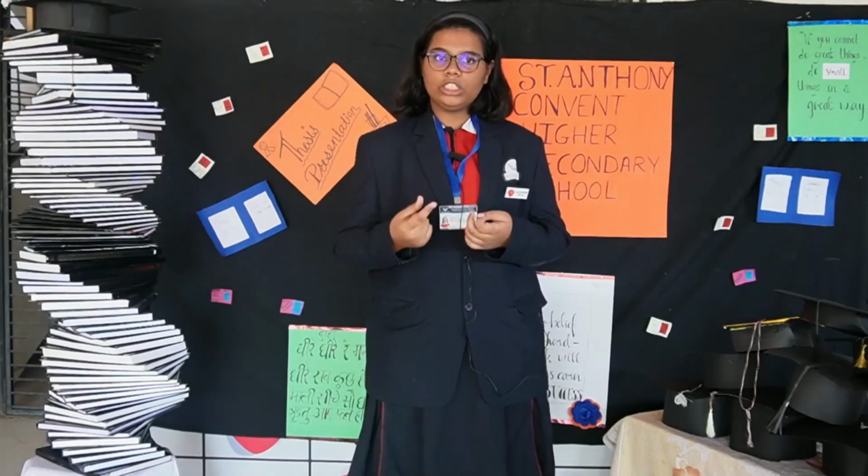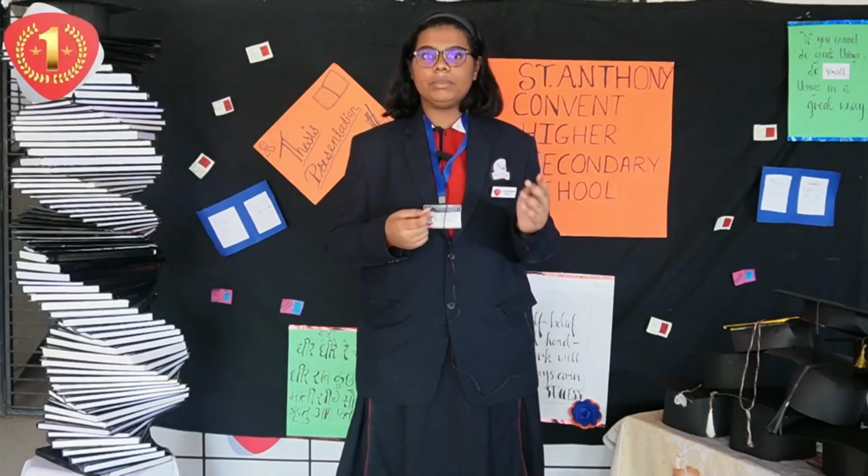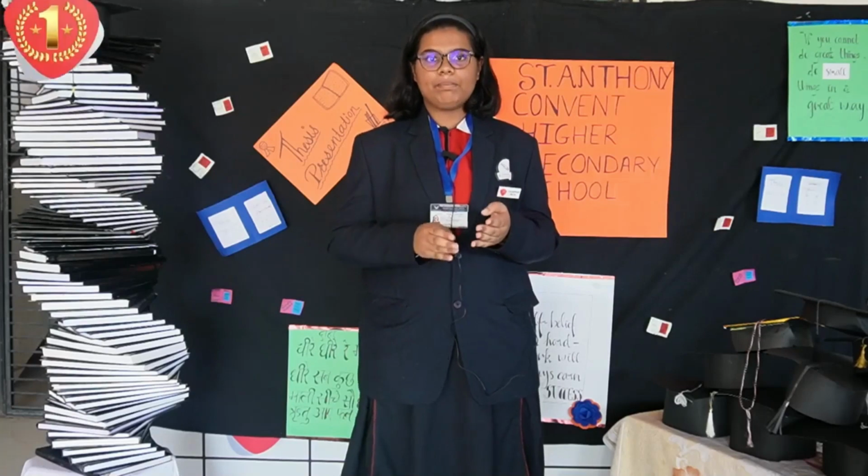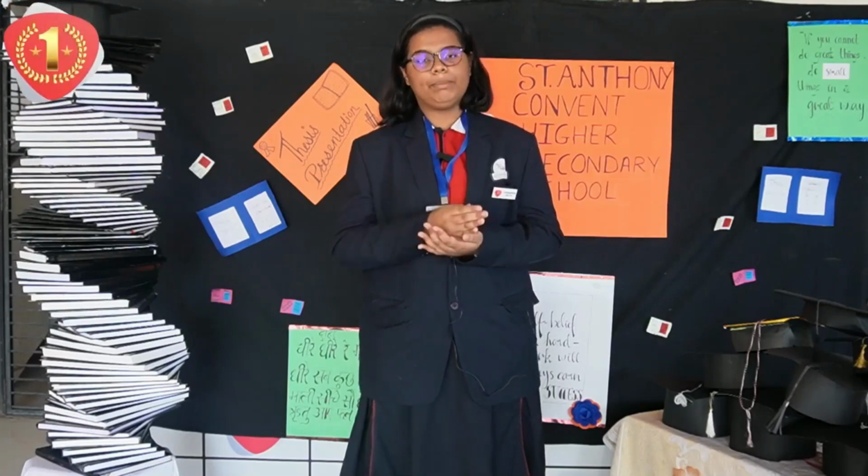Then the identity property of addition. The identity property of addition states that when a number is added to 0, the answer is the number itself. That means 22 plus 0 is equal to 22, and 21 plus 0 is equal to 21. Similarly, this can be applied for addition, subtraction, multiplication and division.